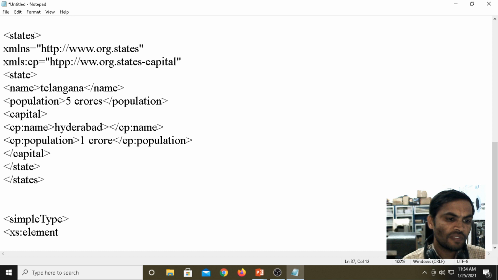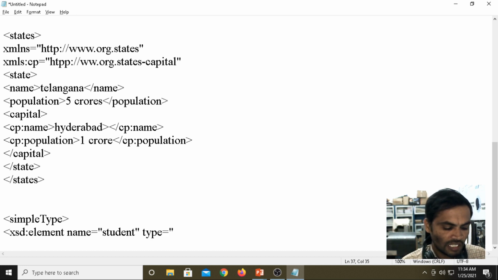Now if you want to define an element, the syntax is xs or xsd, then element, then name. The name I am giving is studentName. Then the type attribute will be there. What type do you want to give for the student name? For the type attribute, it is the string data type.